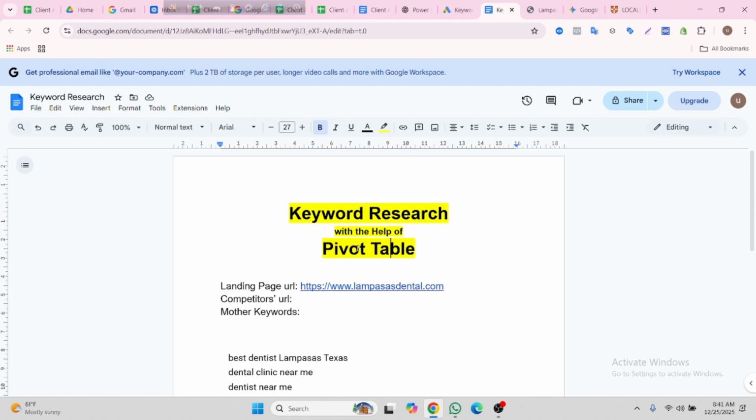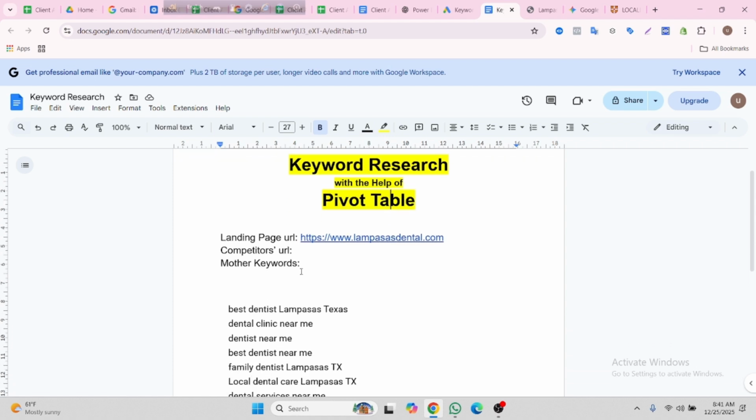So to go with the process, before that we need some prerequisites, like the landing page URL to understand the business, to know about everything about the business. We have to study their business website and their competitors' URLs. It will help us understand the level of competition of that niche in digital marketing, and then some